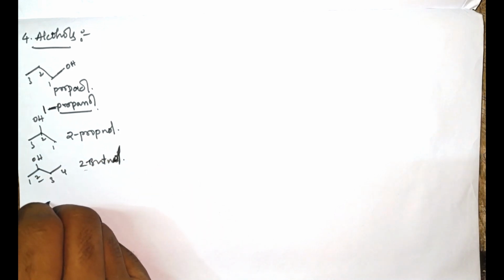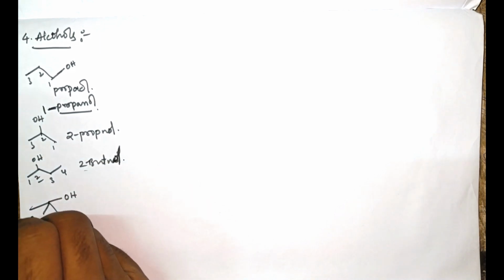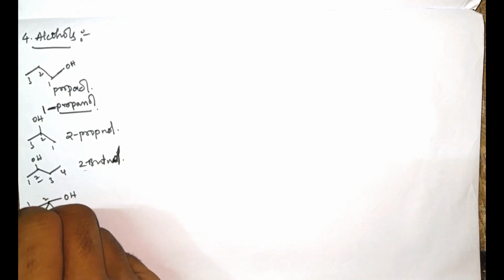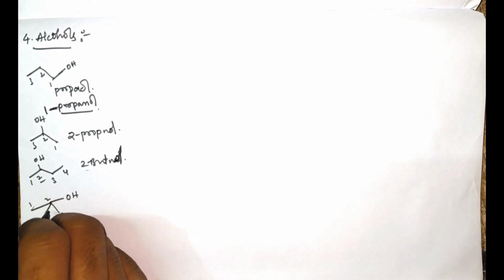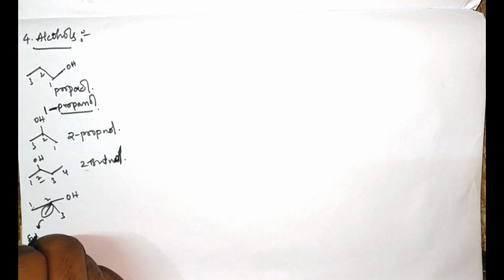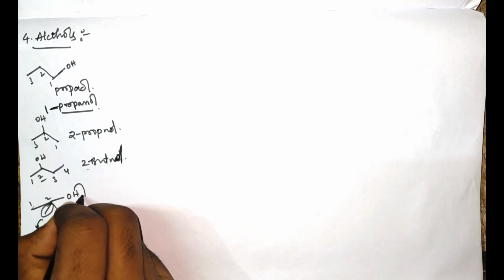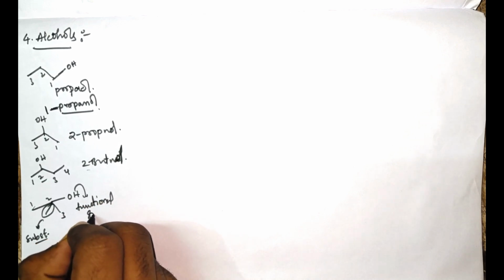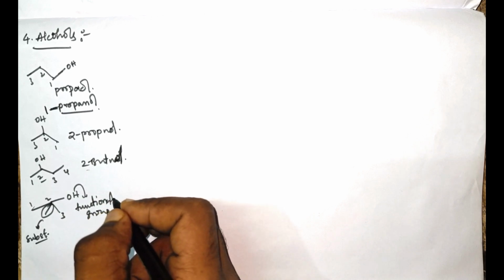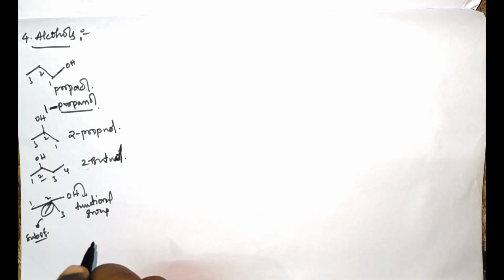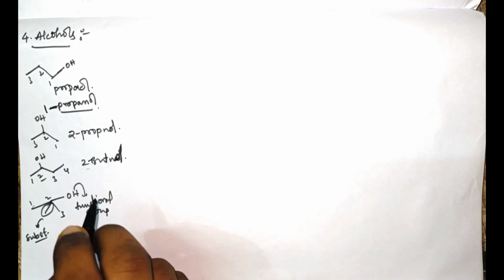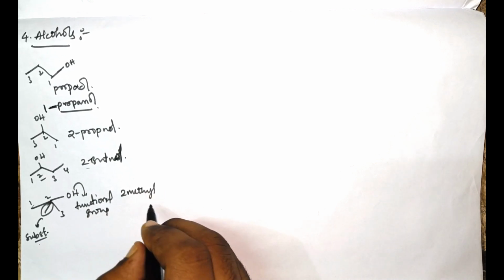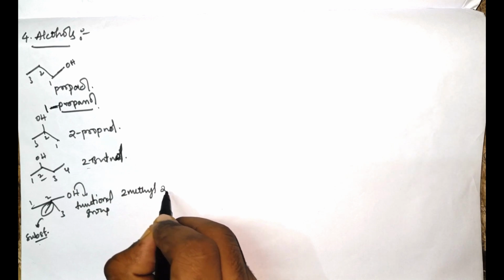And now let us do this example and take the longest chain. 1 2 3. Yes, the longest chain has been chosen, and there are 2 things over here. This methyl group here acts as a substituent, and this thing over here acts as a functional group. You remember it? Numbering must be given based on the functional group, and I'll tell you how to give it in the further examples. I'll give you differentiating compounds. So over here 2-methyl, both the functional group and substituent are present at the same carbon. 2-methyl 2-propanol